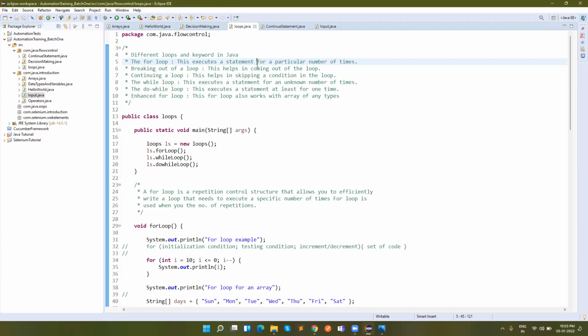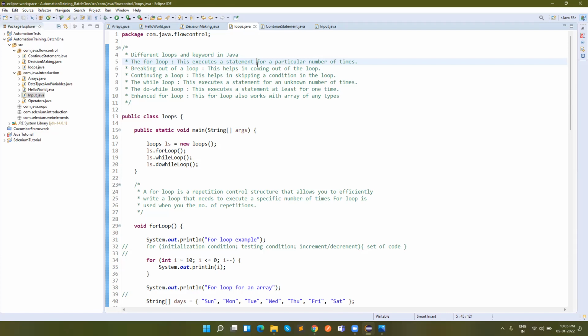If that condition is matched, then it will repeat the same code, or execute the same code multiple times, as per what is written in your program. In Java, there are three types of loops available. One is the for loop, second is the while loop, and the last one is the do while loop.